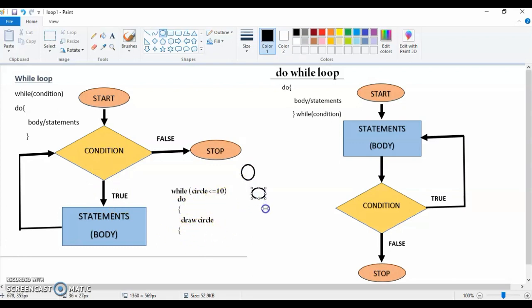So you will draw another circle, right? And now again the value of circle will increment to 2. Now we have two circles. Again it will go and test the condition. So this time again the condition is true. So again it is going to